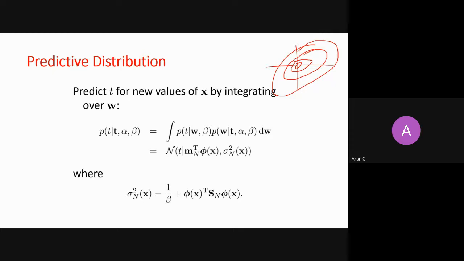Now, what is happening if you take the most probable line, let's say this is this line, and somebody gives you this X and asks you what is the Y. So as per this line, this is the Y, right? So it is a point estimation. It means you have taken one point with the highest probability in a posterior distribution. Using that point, you have drawn a function. And then you give X to that function, and for that X, you take a Y. So this is a prediction.